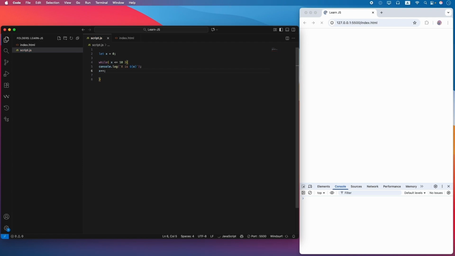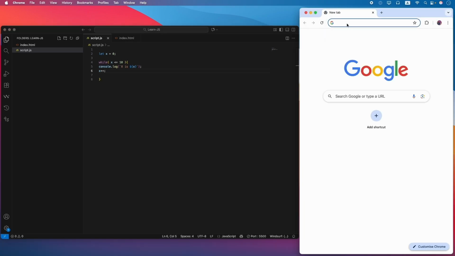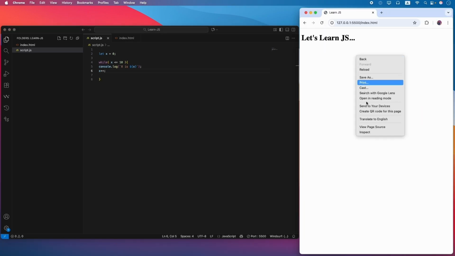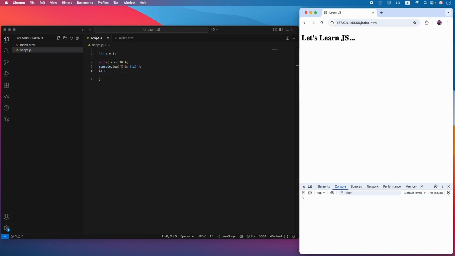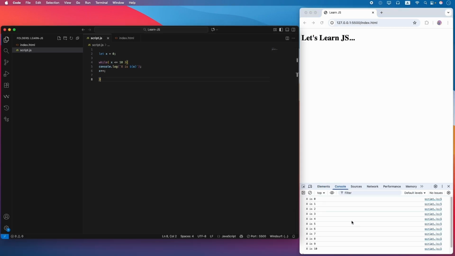And now if we test this, let's refresh the server. Okay, let's remove this one and start it again. Then go to inspect and here I will remove this and now save it. Okay, now as with the for loop, we got the same result, and here we can also use the break keyword